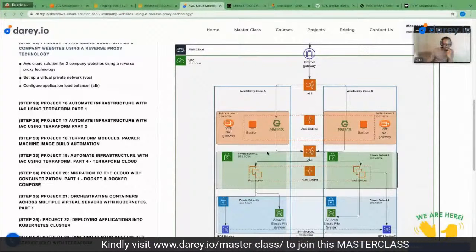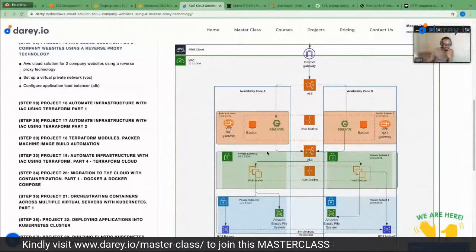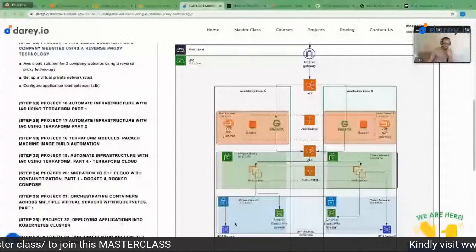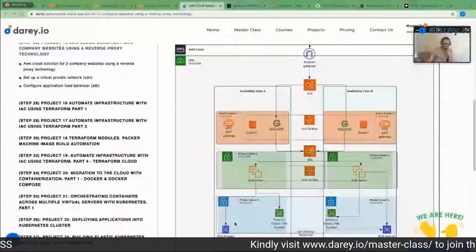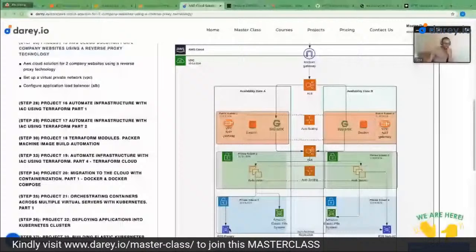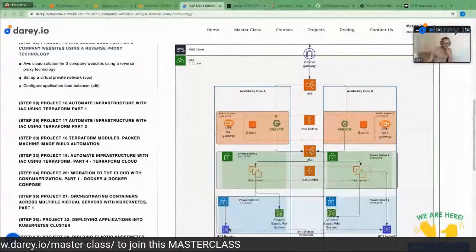Let's say your data is stored in the data tier, in the RDS, and you have some very sensitive data stored there, and you want them to be able to collect data from the RDS, but